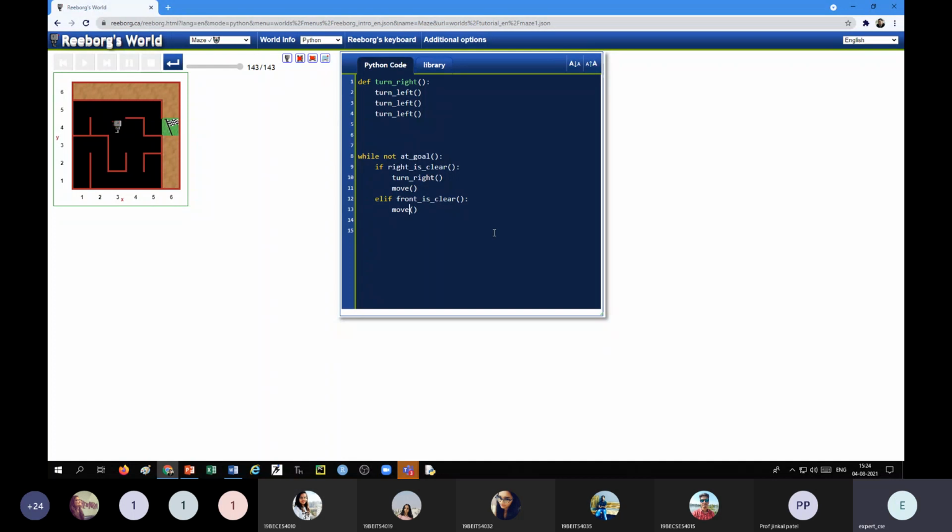If not, then nothing to be checked. We should simply move towards left. Else: turn left. I think that's it. Now let us check what happens.